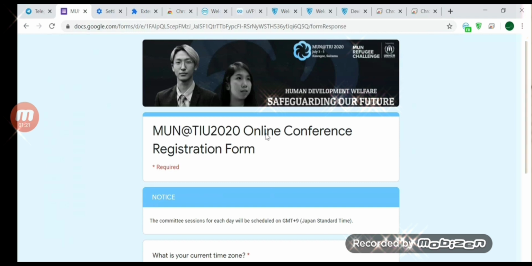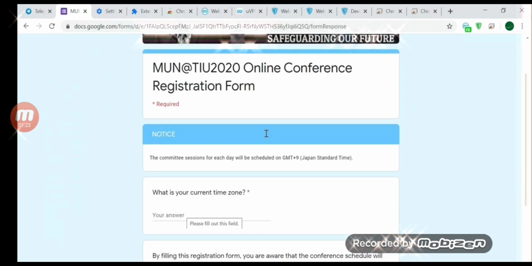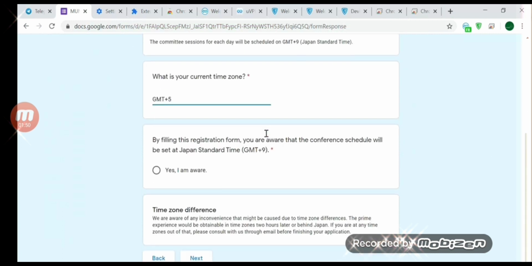The next thing they're asking for is my current time zone. Since I'm from Tashkent, Uzbekistan, I'm going to write the Tashkent time zone. If you are also from Uzbekistan, you can write the same thing. But if you're from other countries and you don't know your GMT, you can just check it online and put it here. So my current time zone is GMT plus 5. It's for people from Uzbekistan, Tashkent, and it also works for Pakistani people because we are in the same time zone.